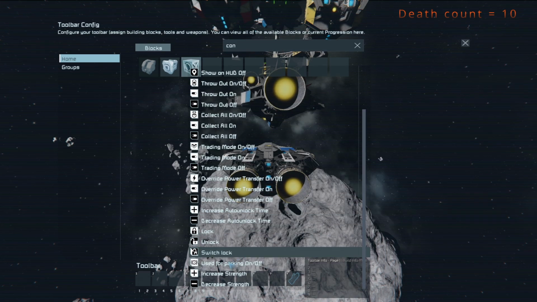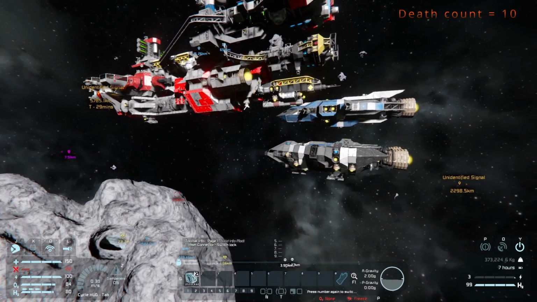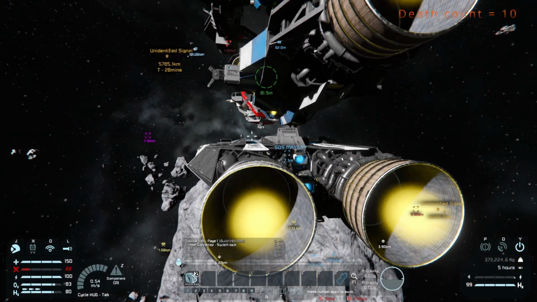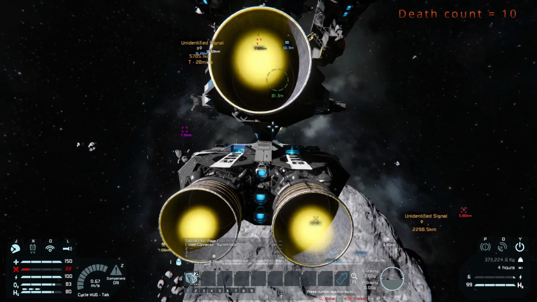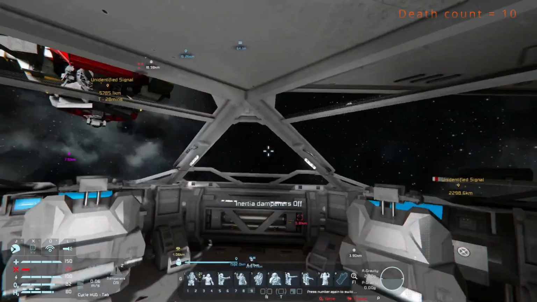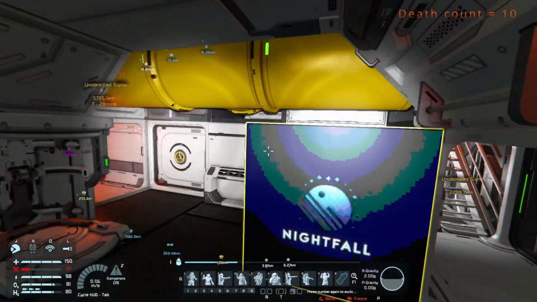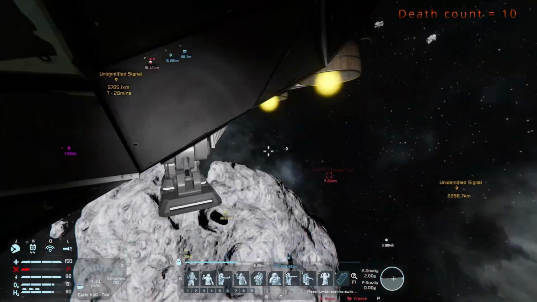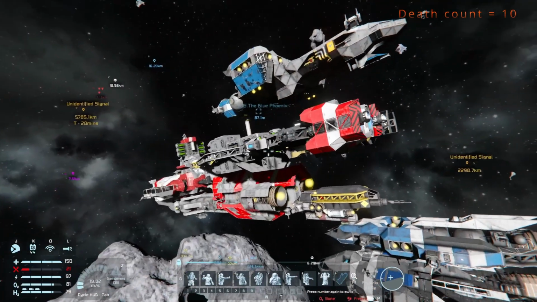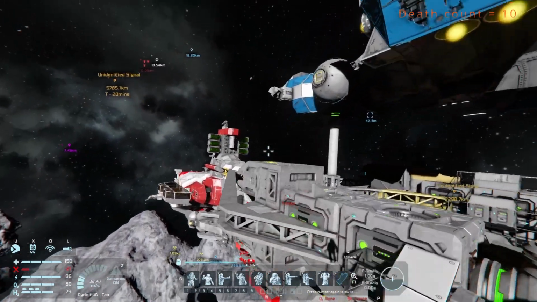Get the connector up there for switch lock. And lock and turn off dampers and get on the ship. Now let's go outside and have a look. How do you get out of the ship again? Ah, here we go. Now that is looking good, and what we'll do is